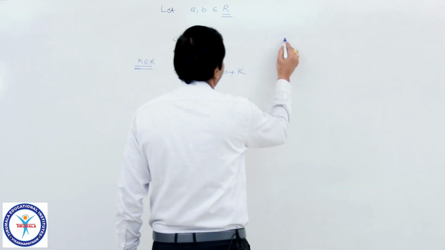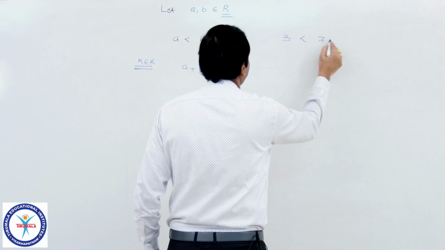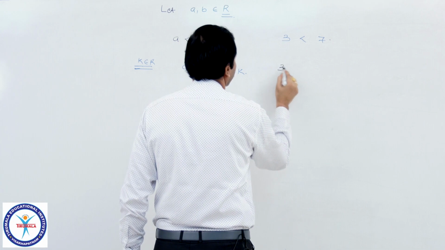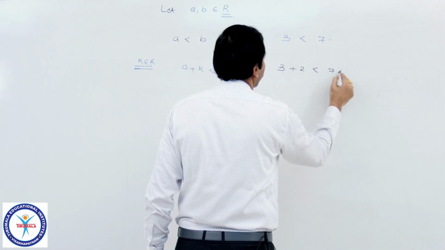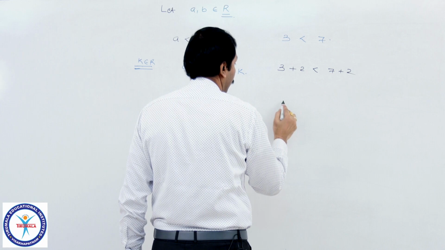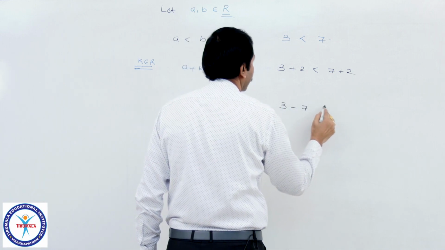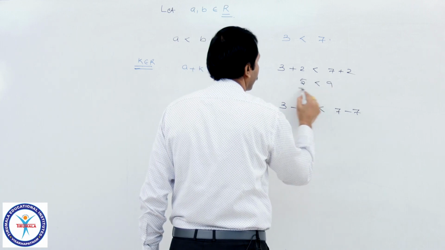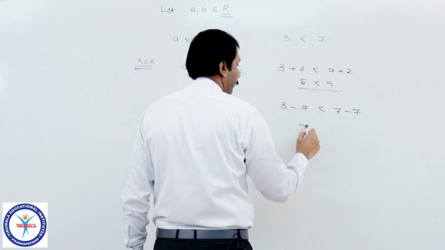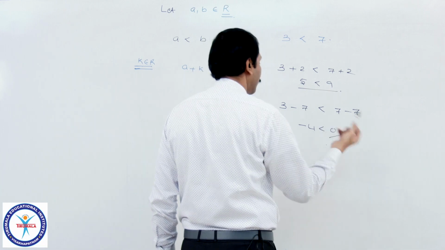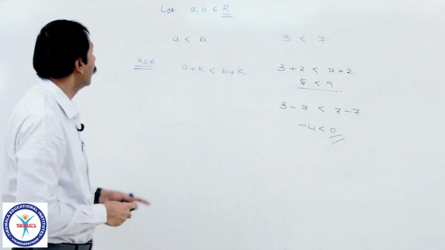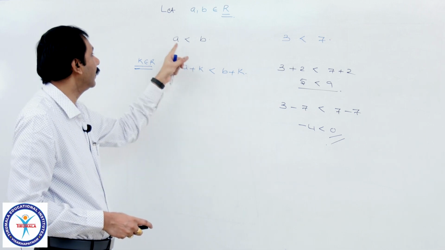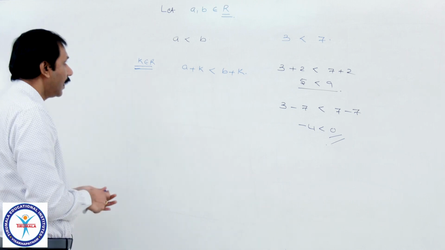That is, if I take 3 is less than 7, whatever number you take, you can add it or subtract it. Suppose I take 3 plus 2 less than 7 plus 2, true only, or 3 minus 7 less than 7 minus 7, how much will I get here? It is 5 less than 9, it is true. 3 minus 7 means minus 4 less than 0, it is also correct. Therefore, for an inequality, you can add or subtract anything. And one more,